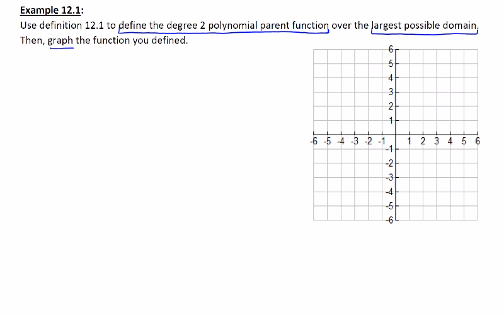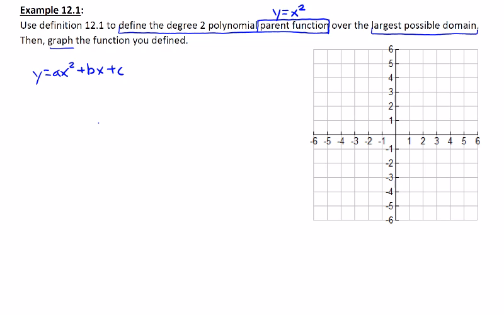So first things first, from definition 12.1, the general equation for the polynomial that's degree 2 would be y equals ax squared plus bx plus c. Now, this particular polynomial is based off of one of our parent functions. The parent function that this is based off of is y equals x squared. It's the squaring function. So I have to choose the correct values for a, b, and c to make the